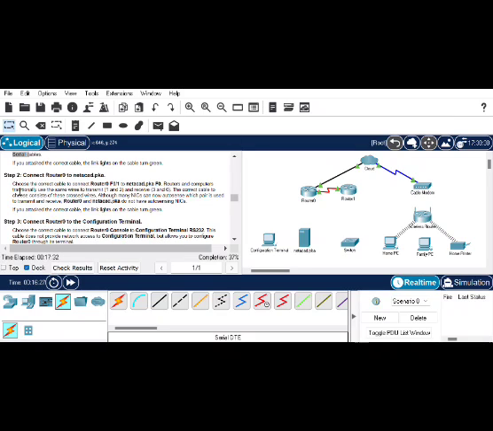Connect router 0 to netcat.pka. Choose the correct cable for router 0 FastEthernet 0 to netcat.pka FastEthernet 0. The router and computer traditionally use the same wire pairs to transmit on 1 and 2 and receive on 3 and 6. The cable chosen consists of crossed wires. Here the key point is crossed wires, and although many NICs can now auto-sense which pair is used to transmit and receive, router 0 to netcat.pka